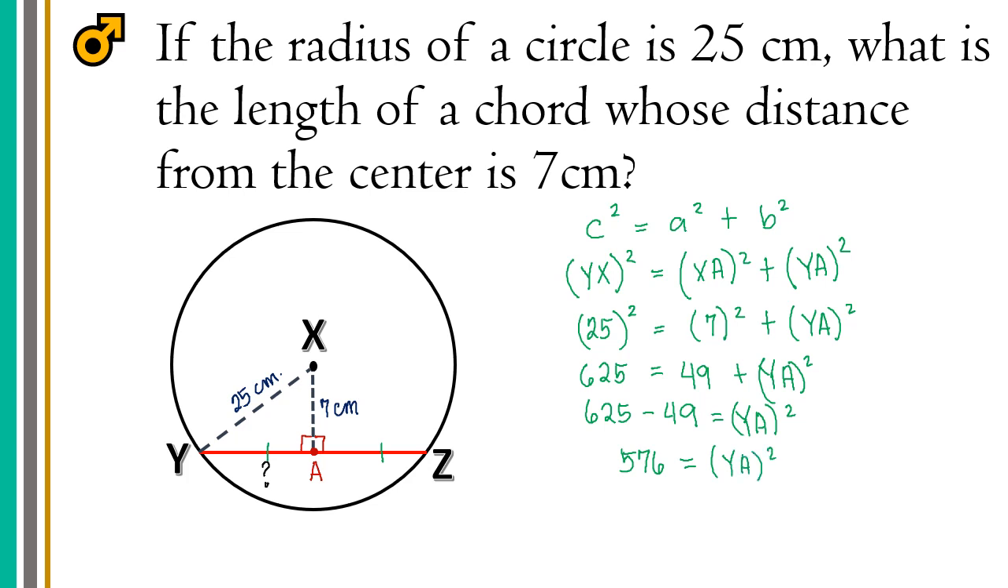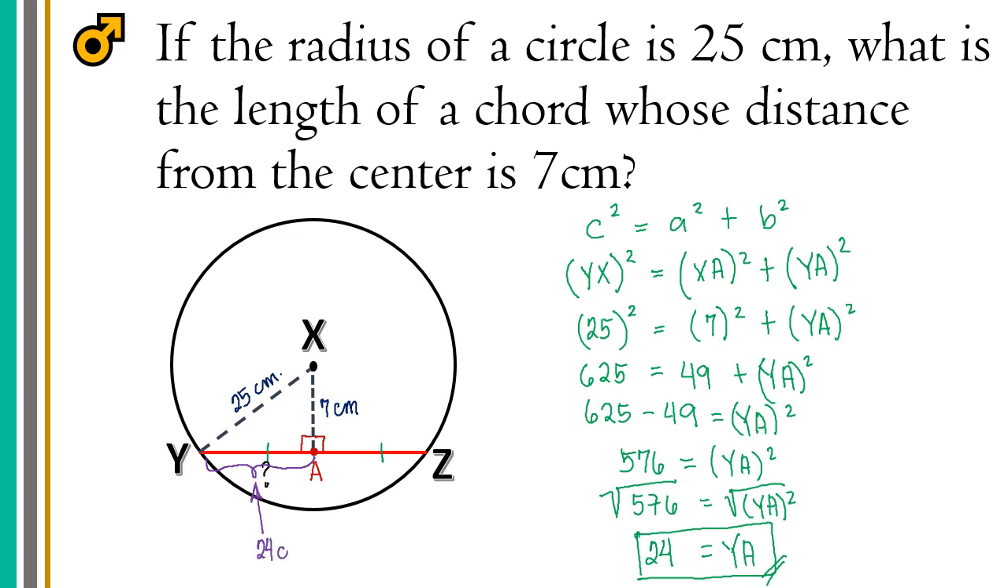So this is not yet simplified, so we need to get the square root of both sides of the given equation. So that means we would have the square root of YA squared and the square root of 576. Thus, we would have YA is equal to 24. Okay, 24, but this is not yet our final answer. This only means that the measure of this half of the chord is